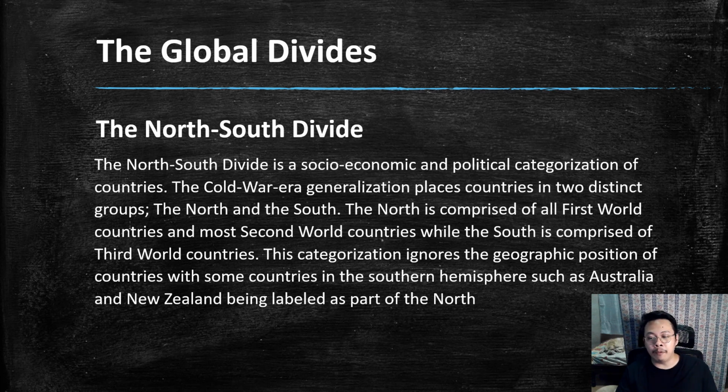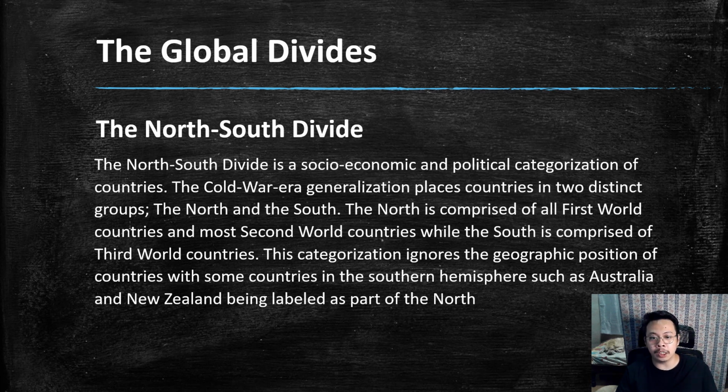Now, if dili sila mo fall anang both either of those categories, no? Basically, kung pobre sila, no, then they will be considered to be third world countries, regardless of ilahang type of government. Okay? So, regardless kung democratic or socialist or communist, pero kung pobre sila, they will be considered to be